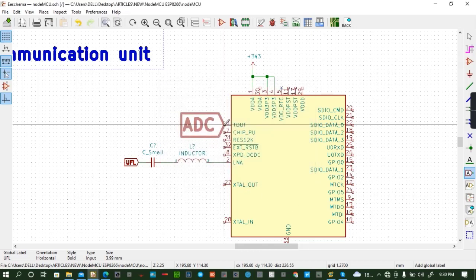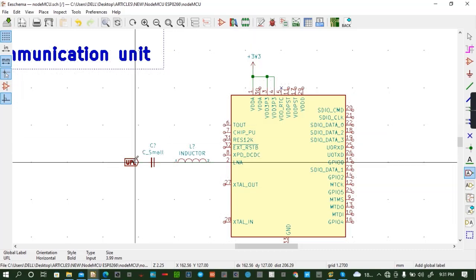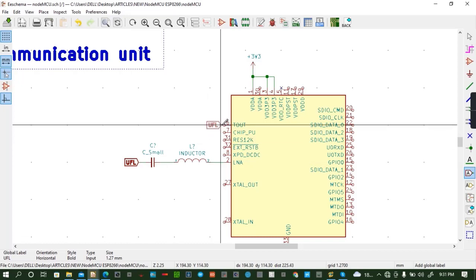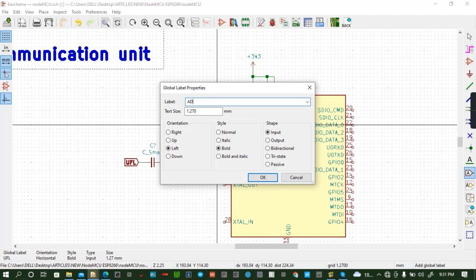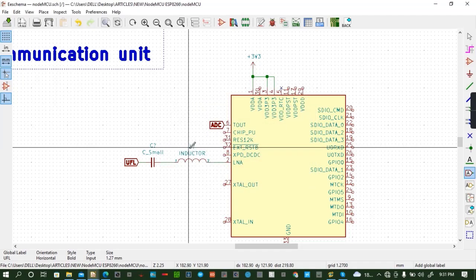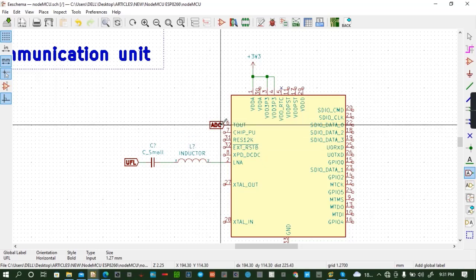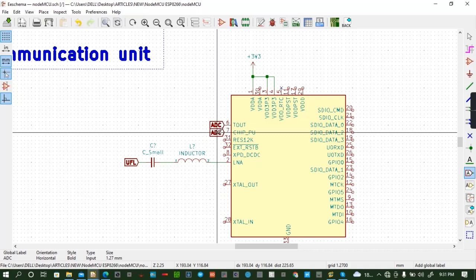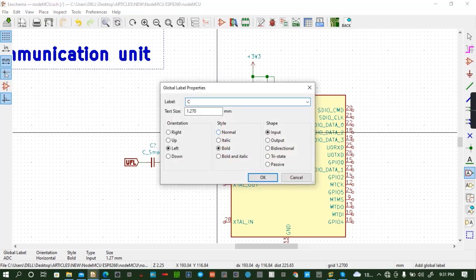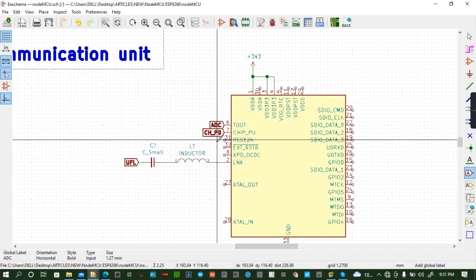Okay, I can move this, and then I copy this. It's very easy to copy and to keep editing. Edit. ADC. Okay, number 7 CHPD, copy, edit. CHPD. Okay,